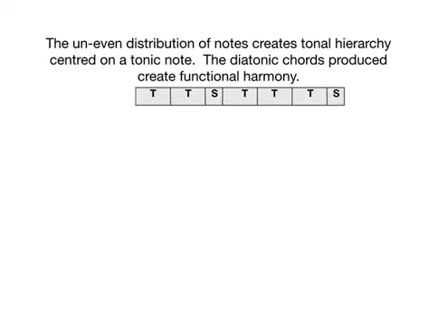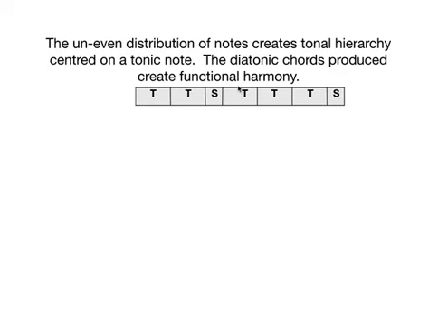Okay, so first of all, let's look at the tonal harmony division. So this is the major scale here. And as we can see, this upper tetrachord, consisting of 3 tones, pulls back very nicely to our tonic here. And that creates a tonal hierarchy. Okay, so another way I like to think about it is this uneven distribution, it provides a sort of weight that pushes onto one note. It provides a certain gravity